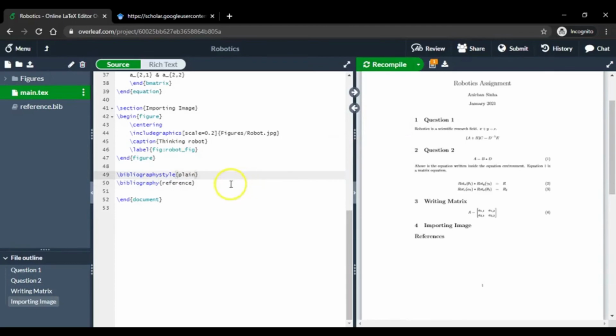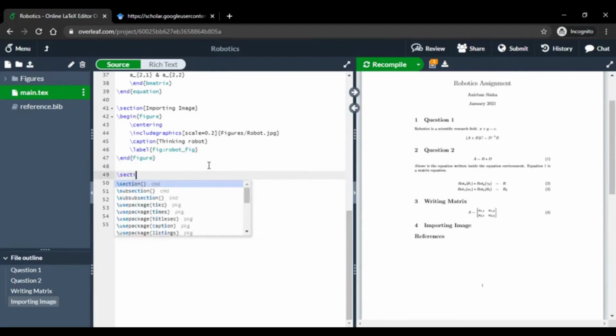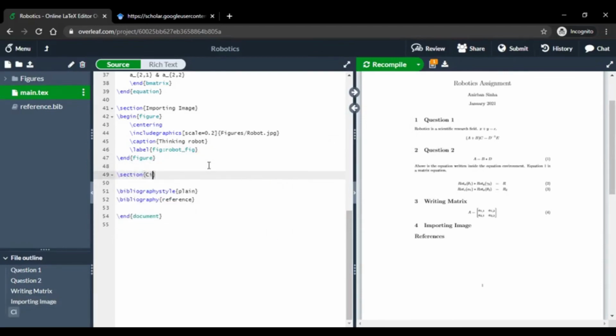Now suppose you have another section, citing others' work. Okay, in here you say I have used this paper, then you